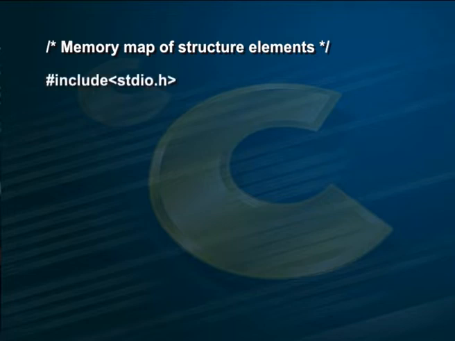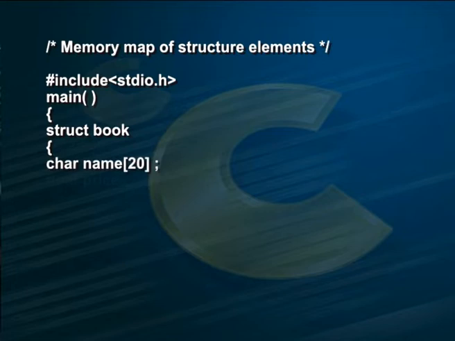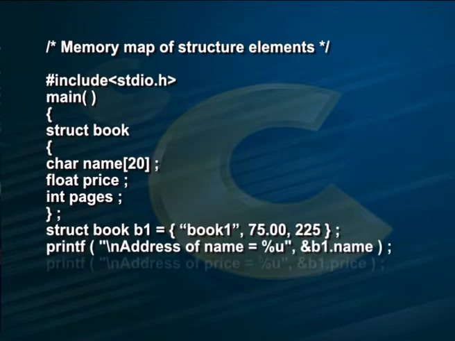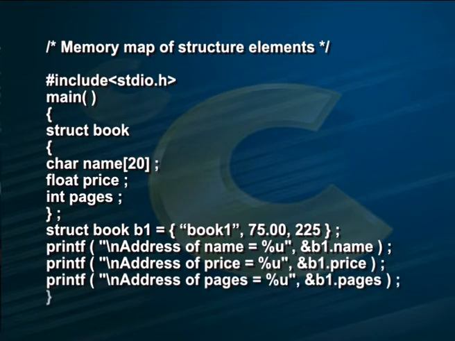#include <stdio.h> main() { struct book { char name[20]; float price; int pages; }; struct book b1 = { "book 1", 75.00, 225 }; printf("address of name = %u", &b1.name); printf("address of price = %u", &b1.price); printf("address of pages = %u", &b1.pages); }